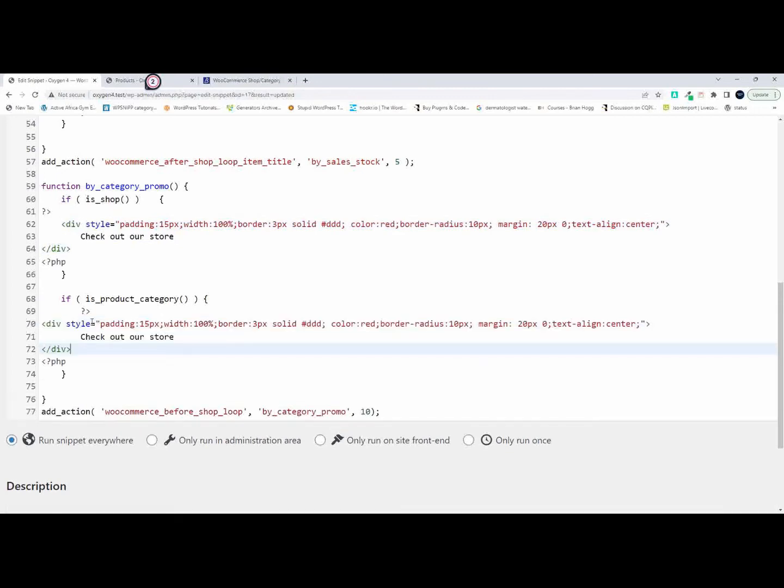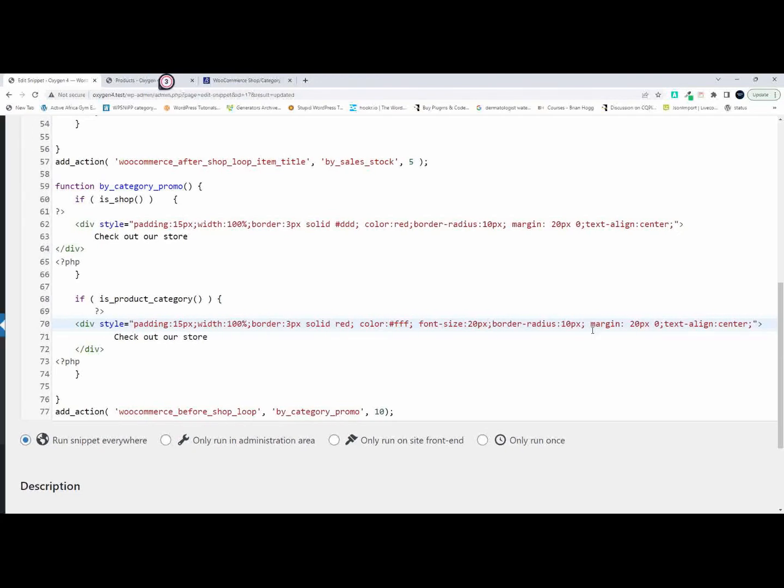I'm not going to redo all of that, but I'm going to change the styling a bit. So now I'm going to change the border that we had, 3 pixels solid. I'm now going to change that to 3 pixels in red, and the font color, the color here, I'm going to make black. And I'm also going to go font size, make that 20 pixels, right? And the rest I'm going to leave the same, but I'm going to say check out the products in,